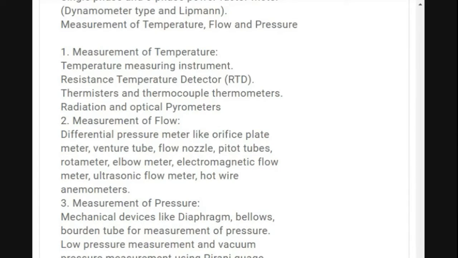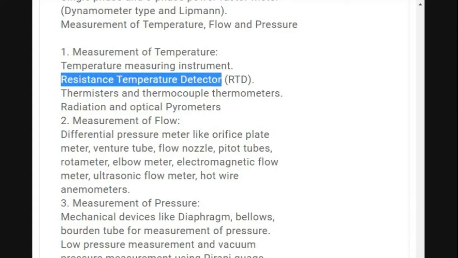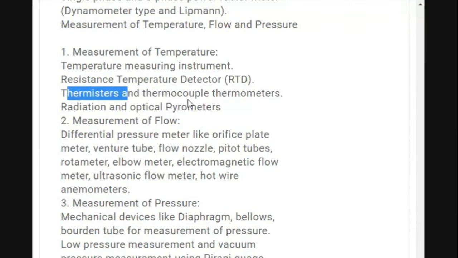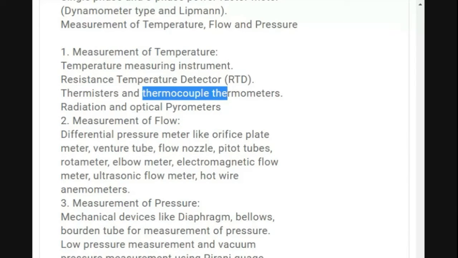Okay, so now if we talk about this particular method, that is resistance temperature detector, where temperature is considered for its effect on resistance value, then we will be getting the equivalent change in the resistance due to the change in temperature. Then we have thermistors and thermocouple thermometers, where we can use the direct contact type or indirect contact type temperature measurement instruments. Then we have seen the radiation and optical pyrometers, where we can just adjust the flame,